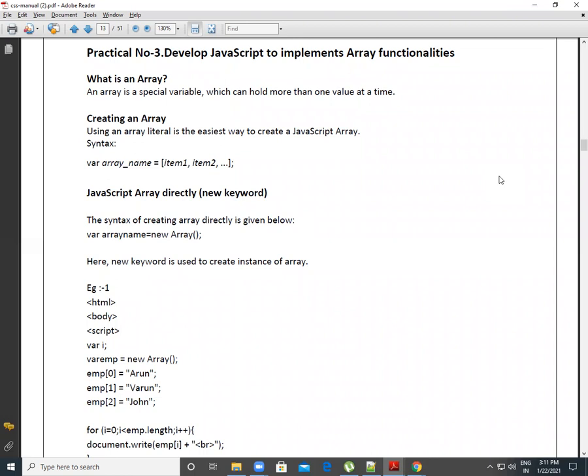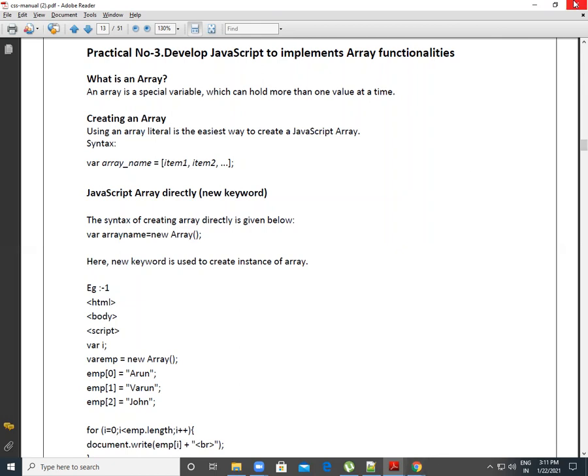For that, you just create one variable, the variable name array, equal to the size of your array, correct? Then in JavaScript you can directly access the array, so just put your variable name, or we can say array name, equal to new Array function. In that function you can directly give the array size, or you can mention the array after your function, correct? So we can see a small example for that.